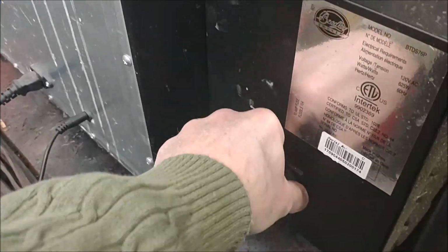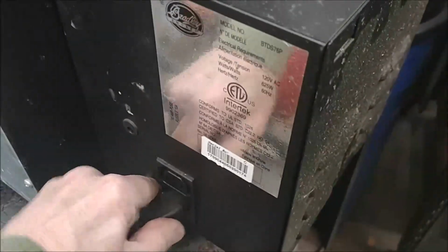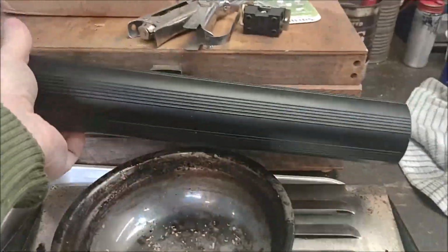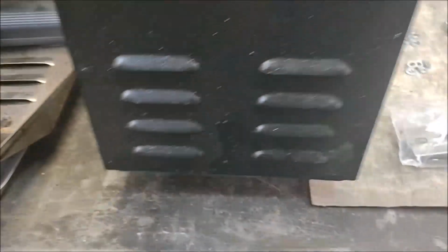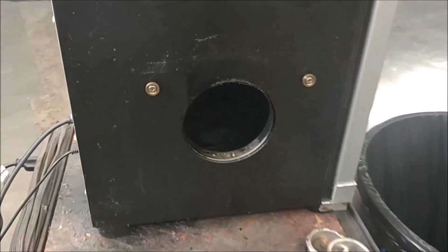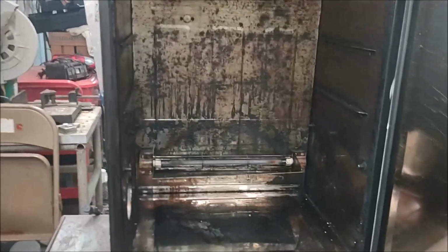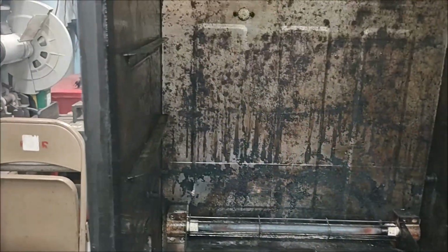Unplug, unplug, unplug. This pulls right out. Nice. So the first thing that we want to do is remove the 4 screws that hold this on, and